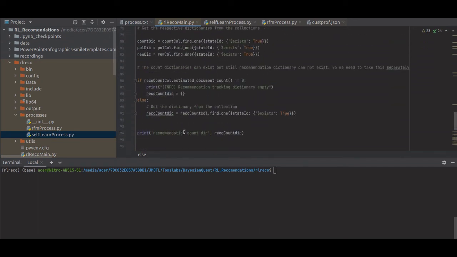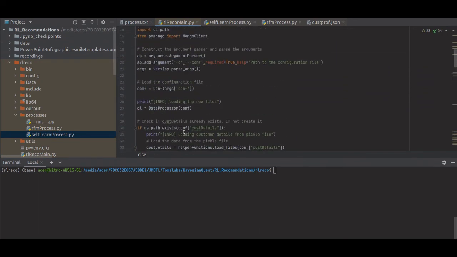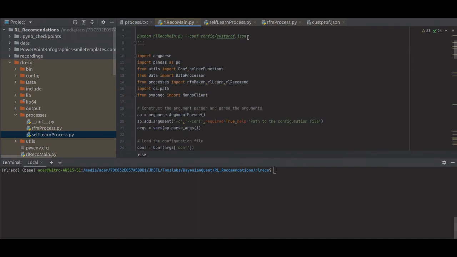Now let's look at how to implement this in the terminal. This is the command which we use for implementing this. We have to give it as python because that's your start, and this is your main function, RL record main, and this is your argument, because we have given the argument here.